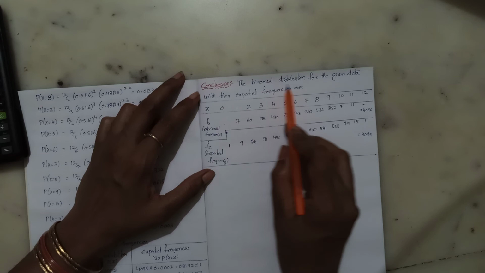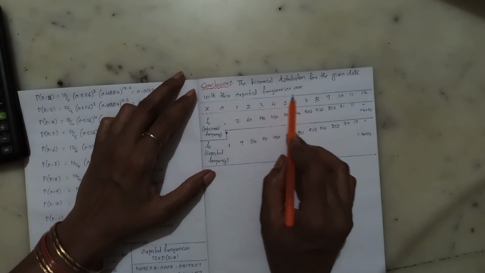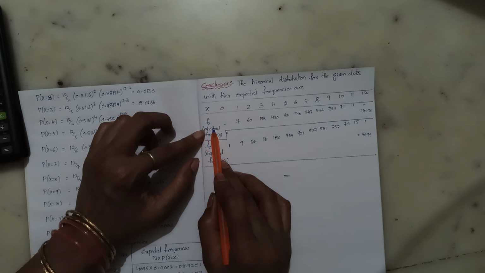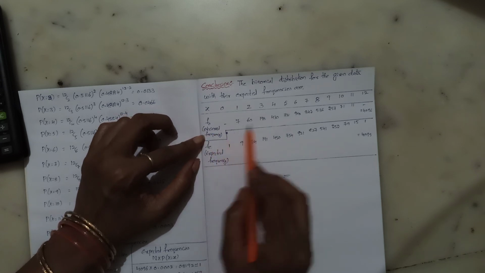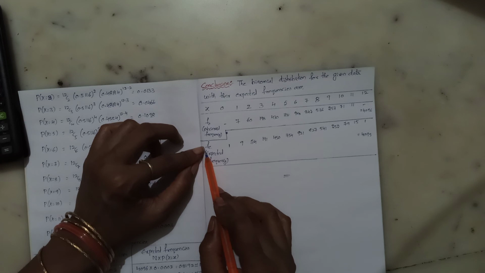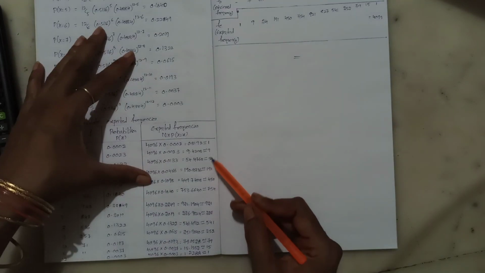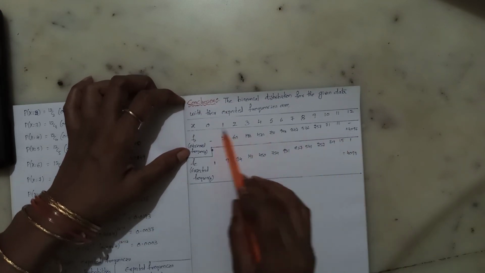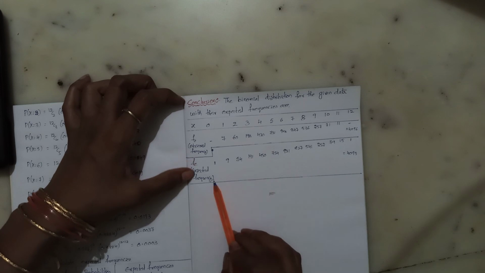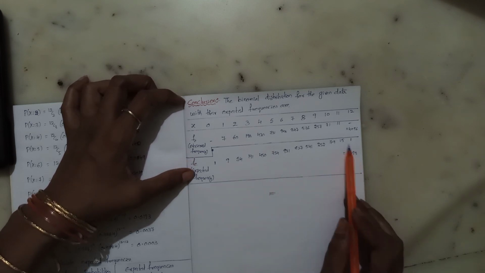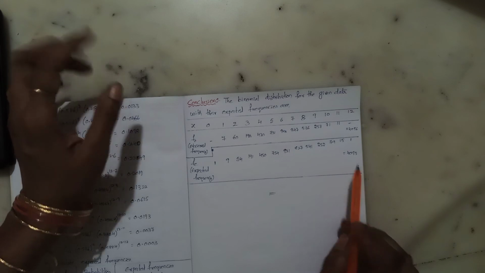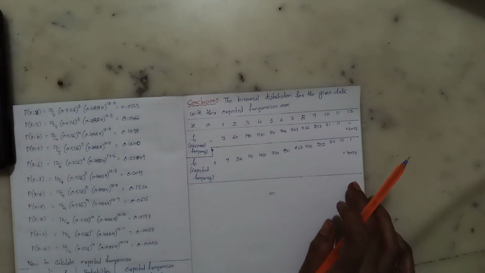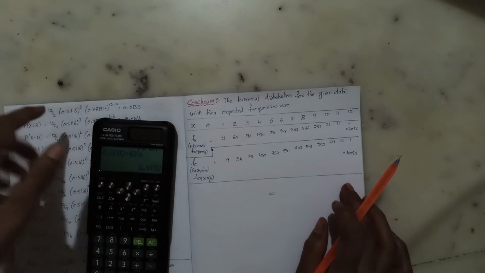So like this you have to calculate. Okay, and the next, after that, conclusion. The binomial distribution for the given data with their expected frequencies: x values, you have to write f naught. F naught in the sense observed frequencies which are given in the question, and expected frequencies is denoted by fe. What we have calculated here should be written here. Later we have to total this one. Observed total is 4096, expected total is 4095. There is a variation of 1. Okay, so like that we have to calculate. So this is about practical sum 4.